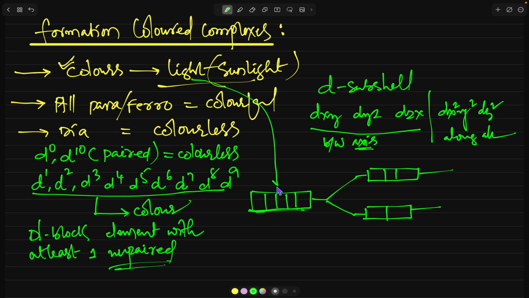So if you have got one electron here, in presence of sunlight, this electron can jump from lower energy orbital to higher energy orbital, and higher energy orbital to lower energy orbital. It can transit. This is what you call a DD